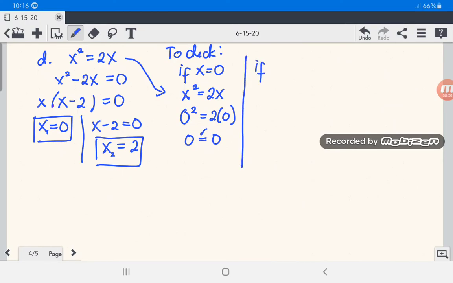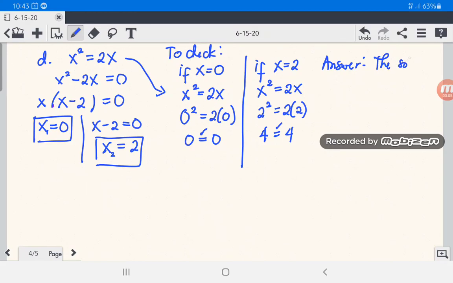Next solution, if x is equal to positive 2. So again, using the original equation, x squared is equal to 2x. So you substitute, we have 2 squared equals 2 times 2. Then 2 squared is 4 equals 2 times 2, we have 4. Check. Both values of x satisfy the given equation, therefore